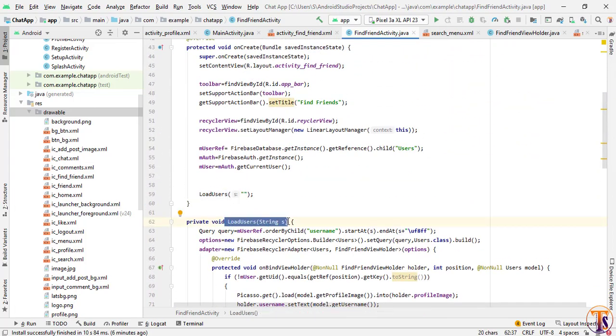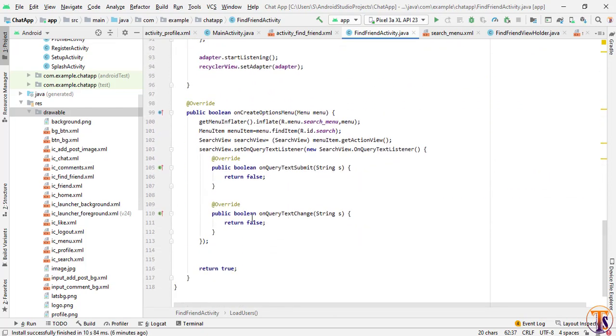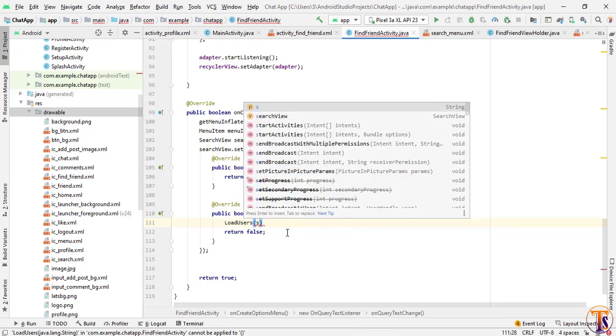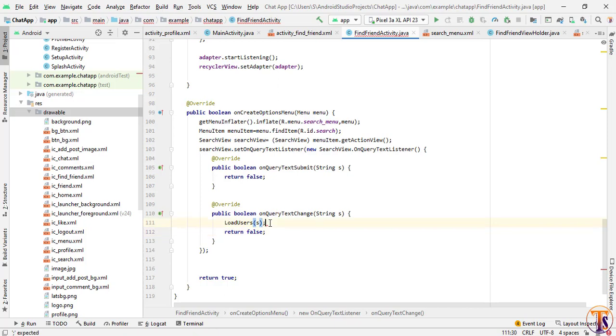So we will copy this, and here we will paste that one. Now here we will pass simply s, this is our string. We will search the data by using this text. When we type something in our search view, it will automatically call this method, and it will search the data from Firebase according to this text.